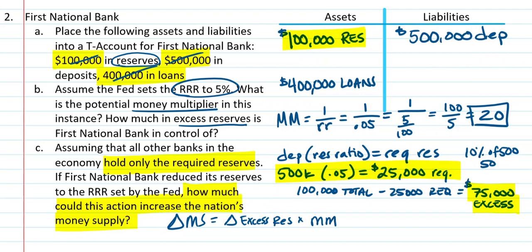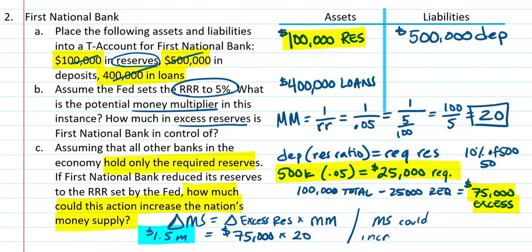times the money multiplier. So we've got a couple of these. We know that they're going to loan out their $75,000 in excess reserves. We know that the money multiplier is 20. So 20 times 75,000 is going to be $1.5 million in potential new money in addition to the money supply. So what we could say here is that the money supply could increase by up to $1.5